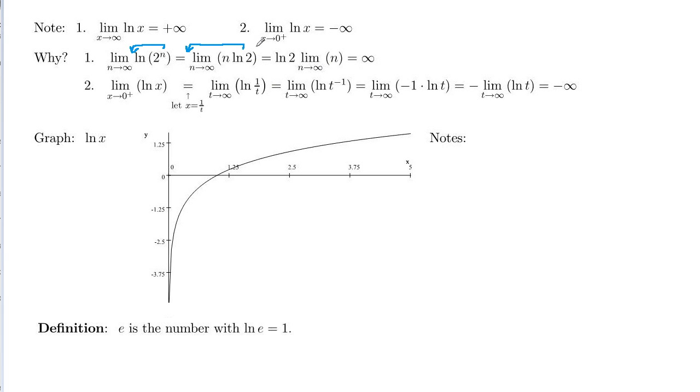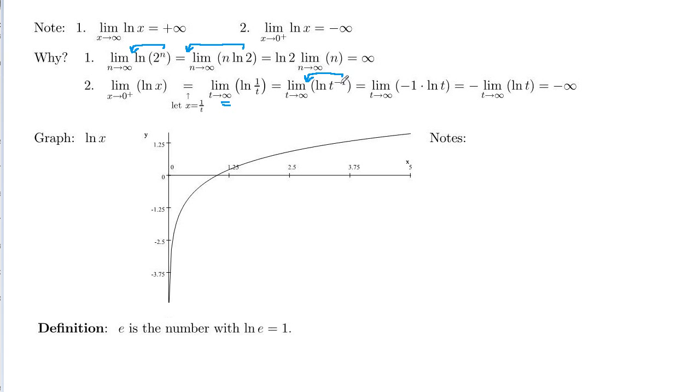And then to get the limit as x approaches 0 from the plus side, we can do a substitution. So let x be 1 over t, then this x will be 1 over t there, and this x is 1 over t. As your t in the denominator goes to 0, 1 over t is going to go to infinity here. So this is the limit as t goes to infinity of natural log of 1 over t, but 1 over t is the same as t to the negative 1,